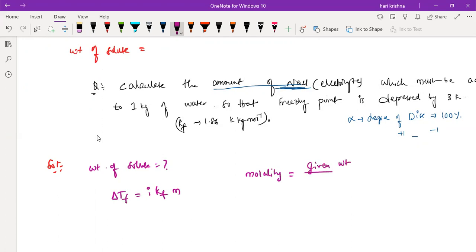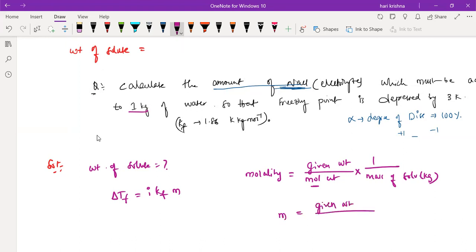Molality is given weight by molecular weight into 1 by mass of solvent in kgs. Here, what is the mass of the solvent? It is 1 kg water. And what is the molecular weight of NaCl? 58.5. So we know molality is equal to